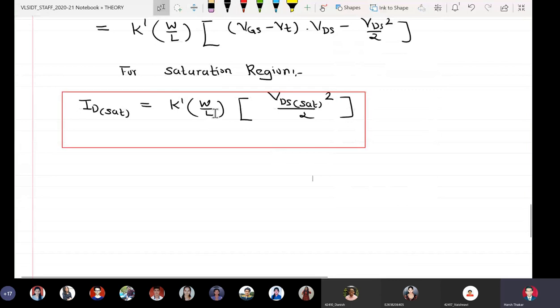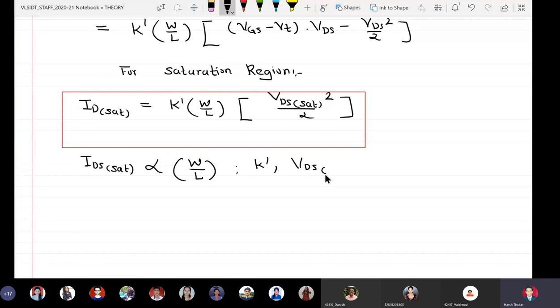we clearly see that IDS sat is proportional to W by L. Okay, because K dash and VDS sat are constants.